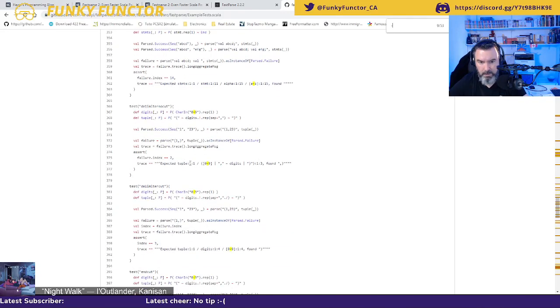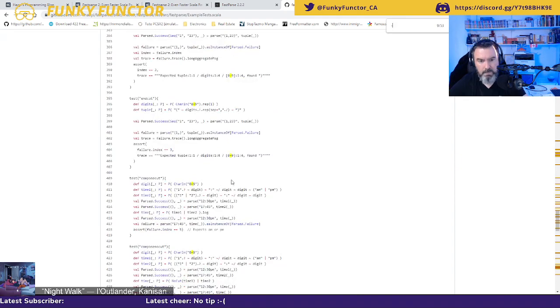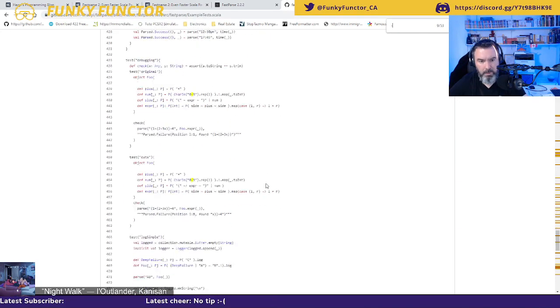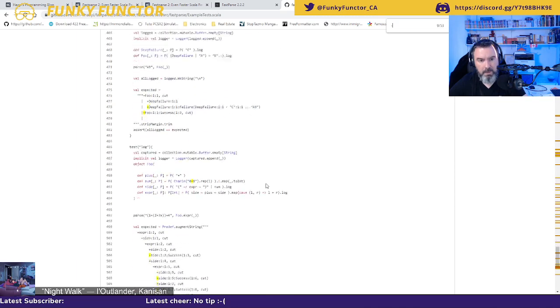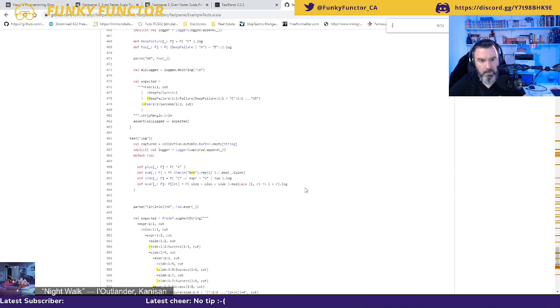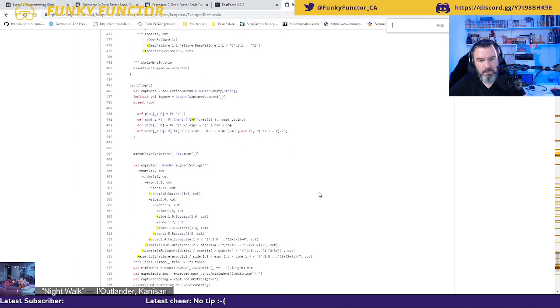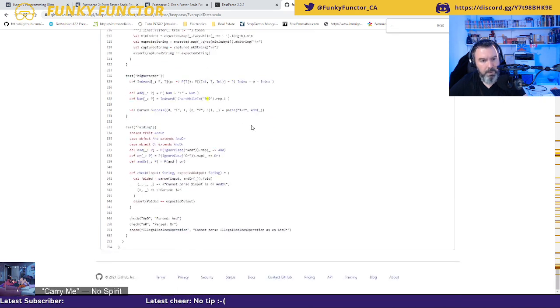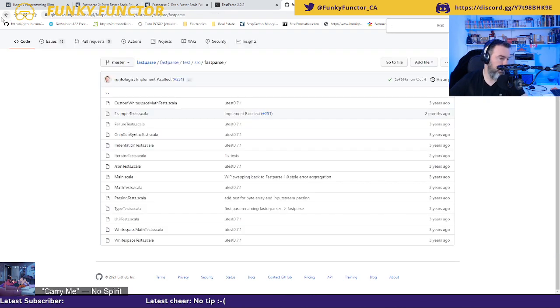Delimiter no cut, okay, no. Debugging, cuts, log, simple, augment, no. Yeah. Okay, nothing obvious here. There probably is something somewhere.